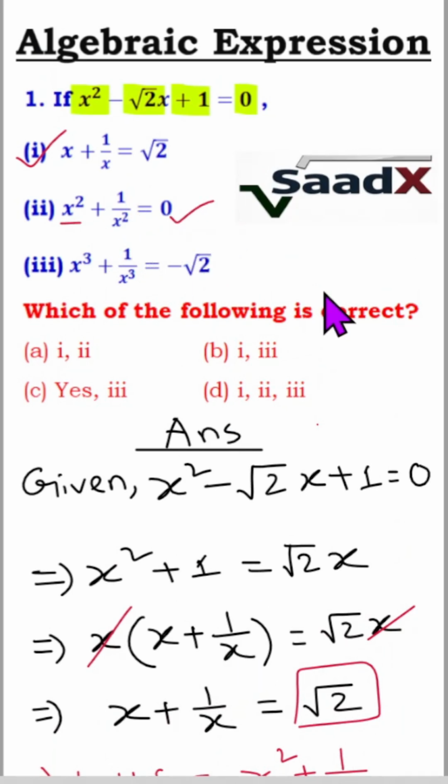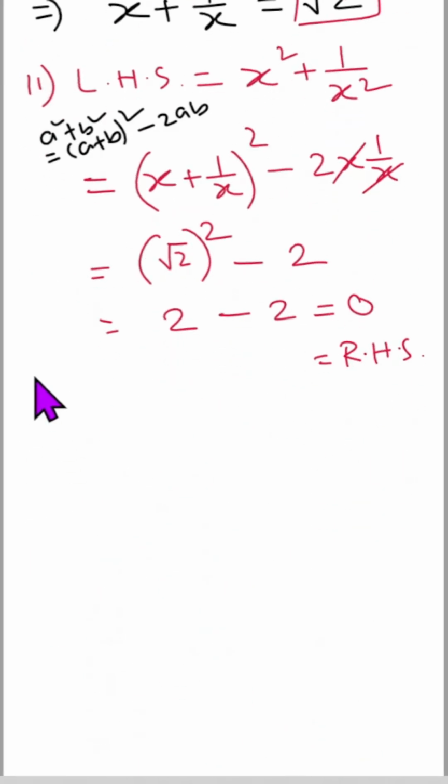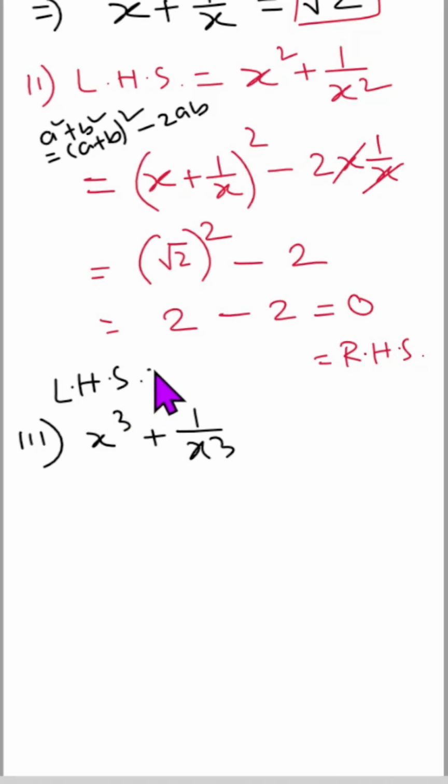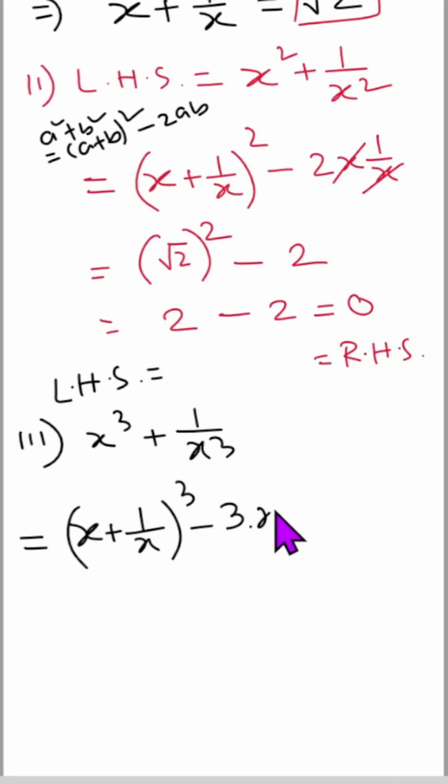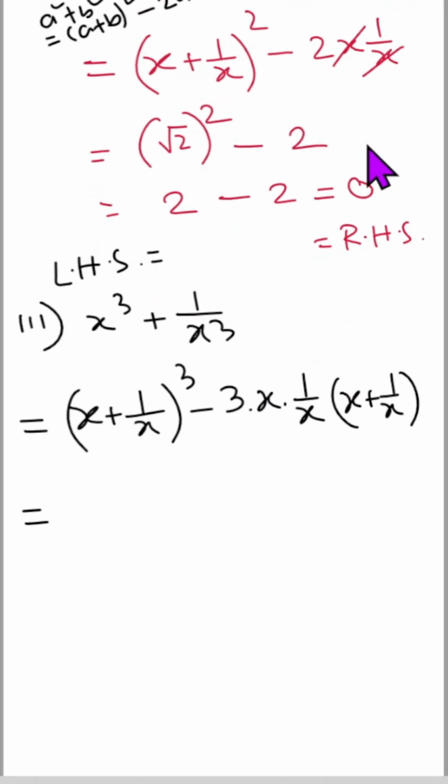Okay. Number 3, x cube plus 1 by x cube. This is the left hand side. So we know the rule, which is x plus 1 by x whole cube minus 3 times x times 1 by x times x plus 1 by x, right? Now x plus 1 by x from number 1 we already got, which is root 2. So we can write here root 2 cube minus, this x and this x out,